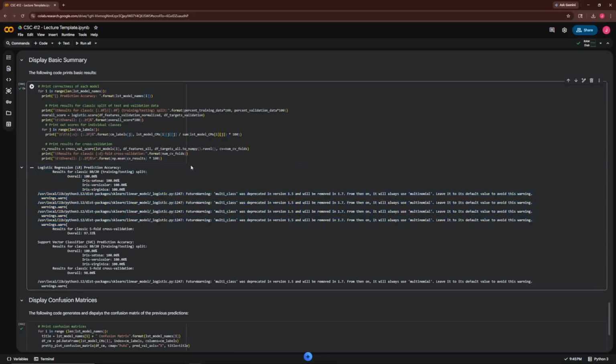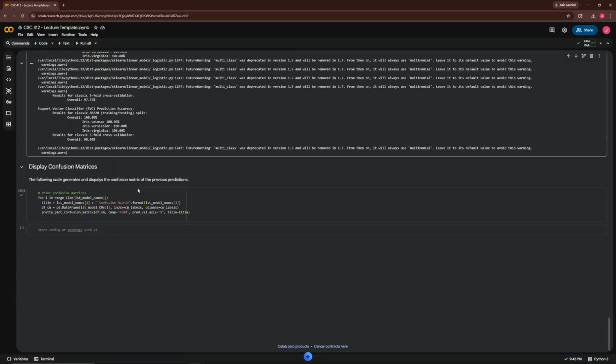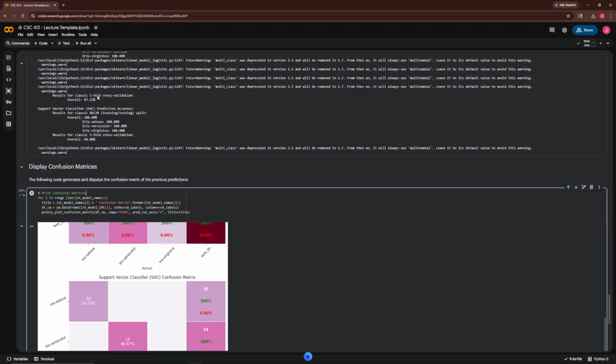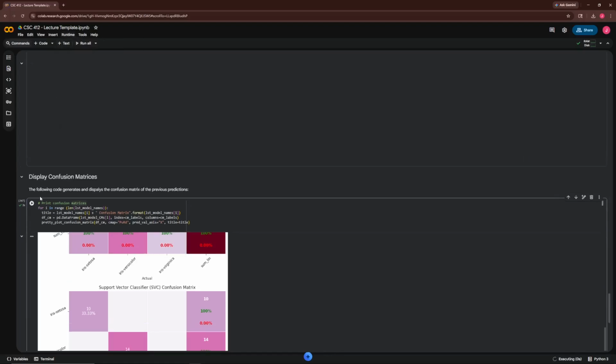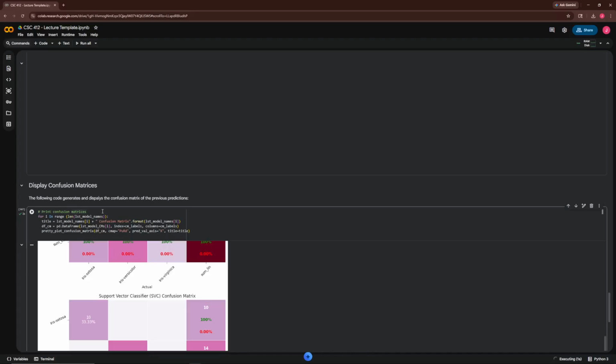Here we print the basic accuracy for each model. For each one, you get the overall score on the 80-20 split, a breakdown by individual classes, and then the cross-validation score, which tests the model across 5 different splits of the data for a more reliable estimate. And here we go. Actually, I guess we can make sure we run everything before,